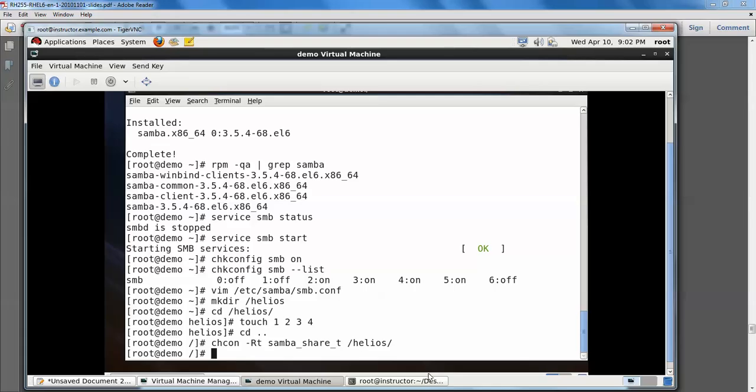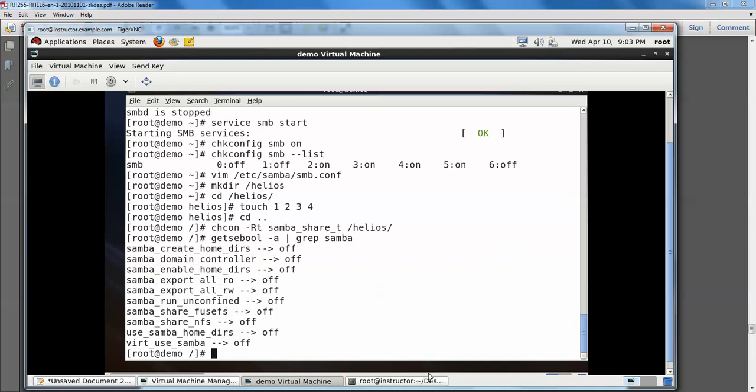Then after that, getsebool -a | grep samba. Home directories on. For those home directories, whatever we are creating and exporting, read-write and read-only permissions, we should turn on.